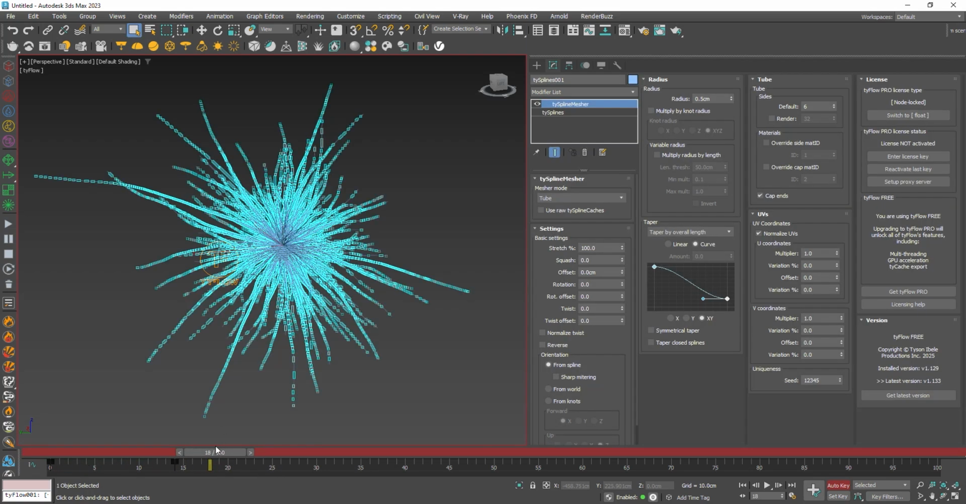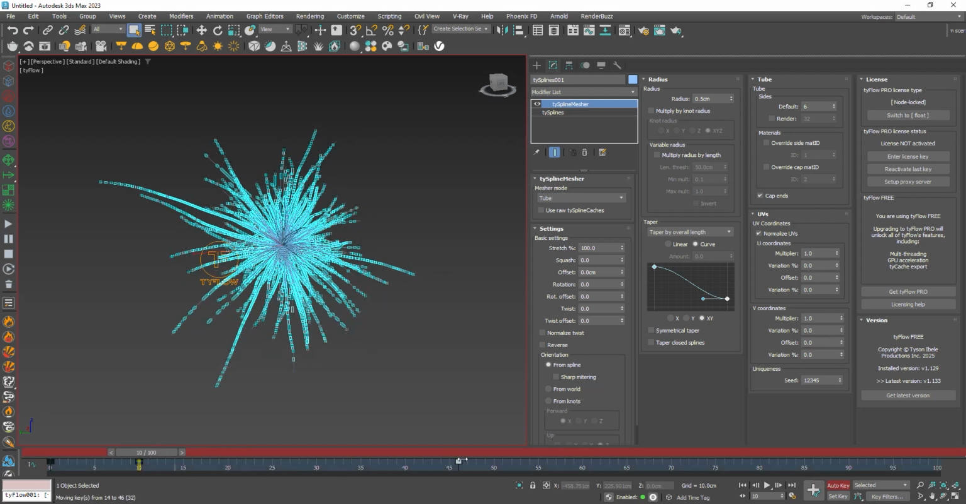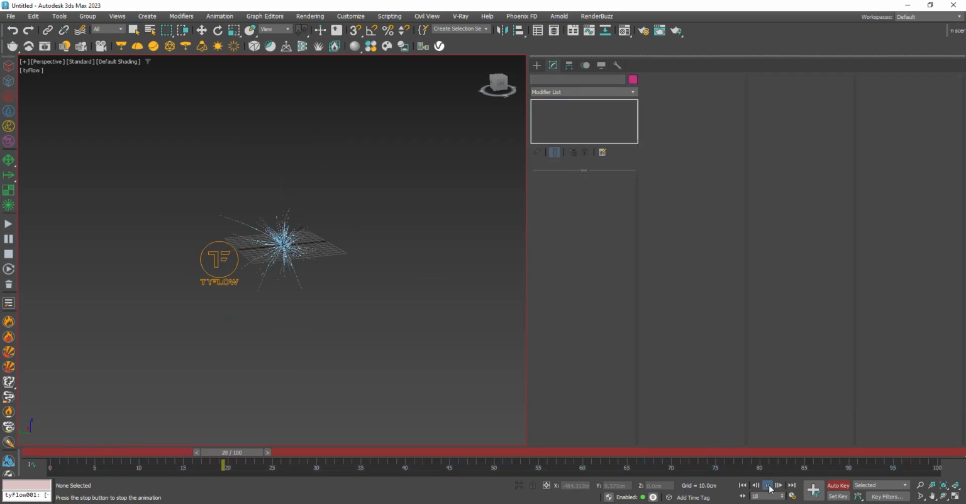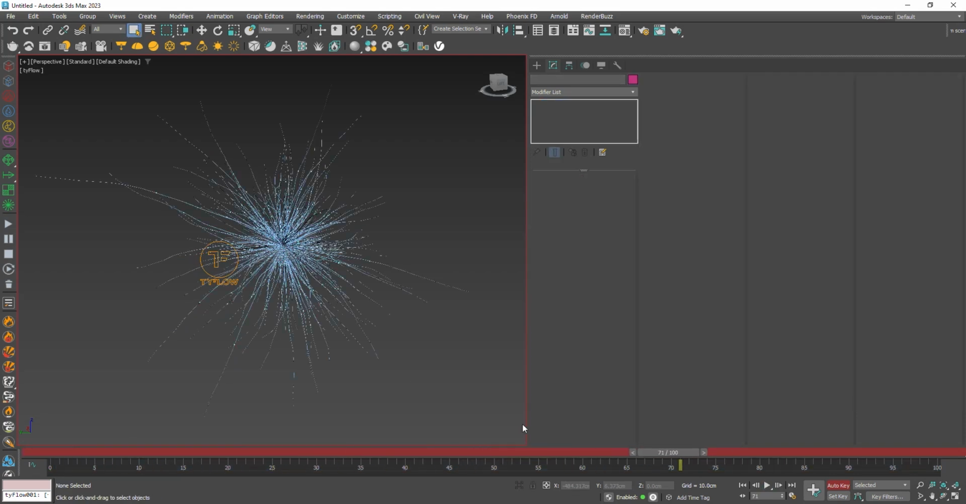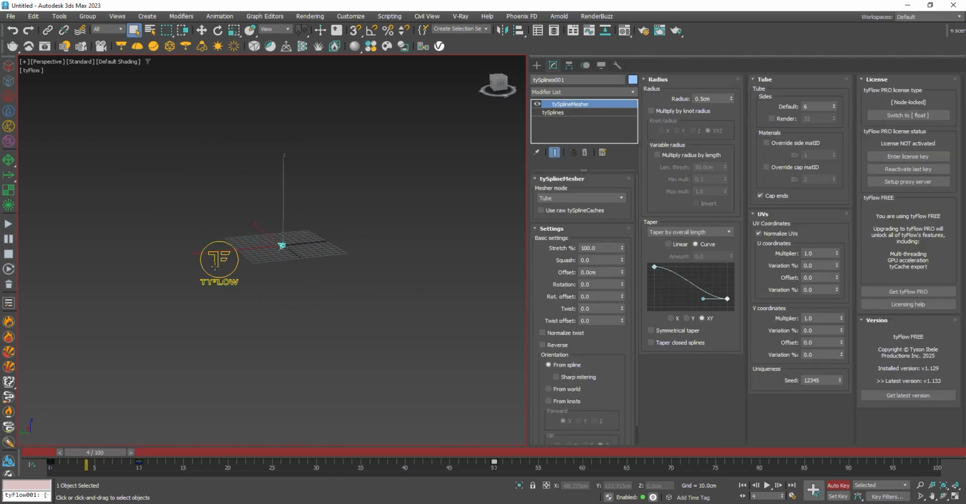So let's create a keyframe here at 10 and move it to 50. So this is happening. Okay,